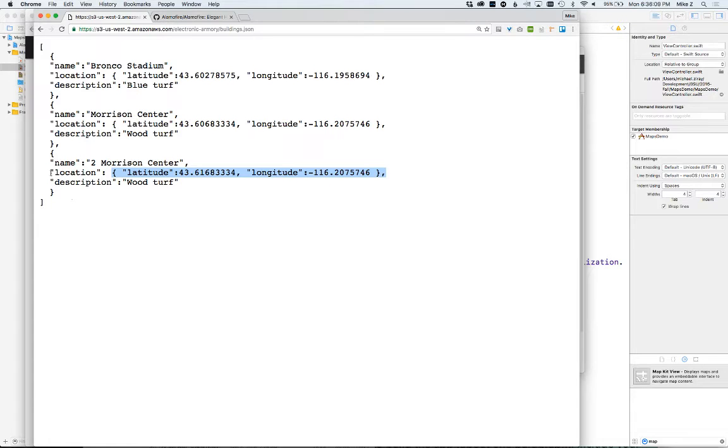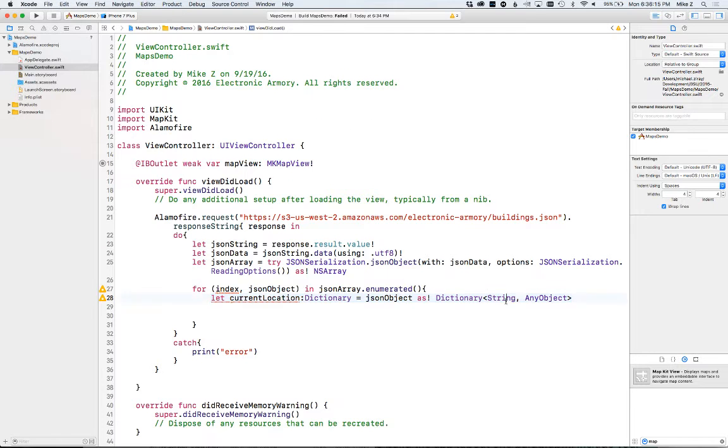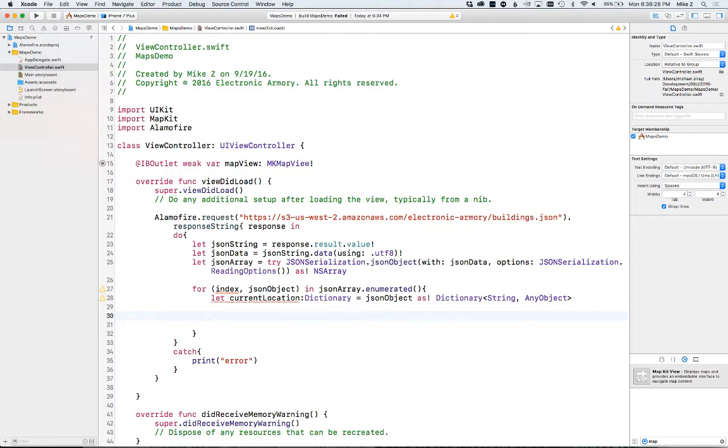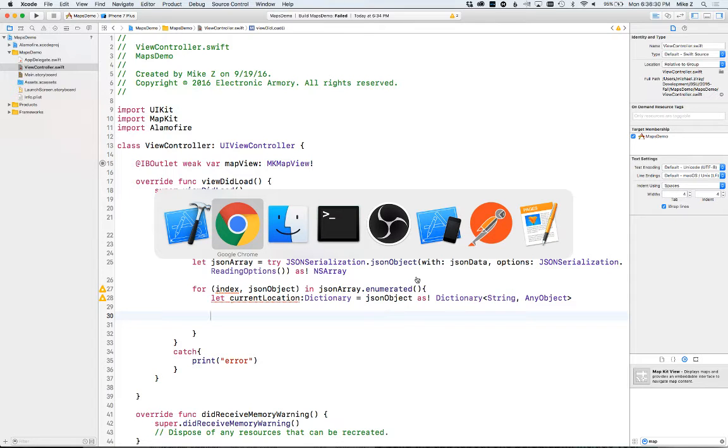Okay, if this line of code wasn't there, I could get away with just doing string in my generic, which is this guy. So here's the key and here's the value. Okay, so that's why we do that. Again, Swift is very strongly typed, so you have to pay attention to that. Okay, so current location. What I'm going to have to do now is I'm going to skip over the, well,